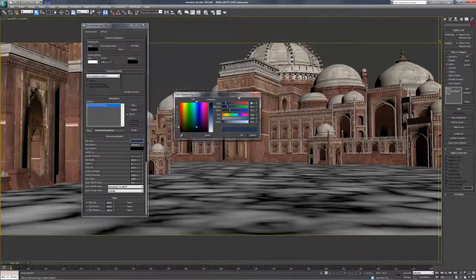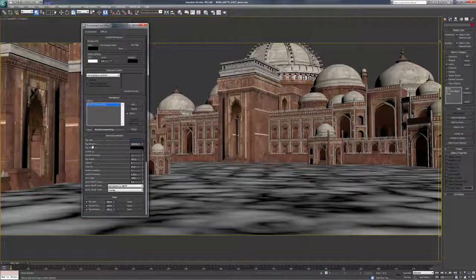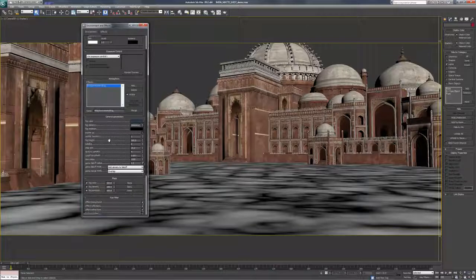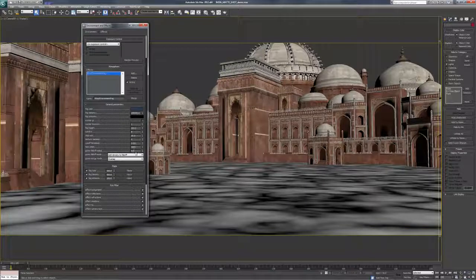So we can pick the color of the fog, we can desaturate it, brighten it up, darken it down, whatever you like. The fog distance is how far back the fog goes, so we'll play around with that in some of the renders to really see how this attribute is driving that fog. Fog height is the height of the fog and how far it goes up, so we can always adjust those settings, and these settings have a lot to do with how big the scale of your scene is,